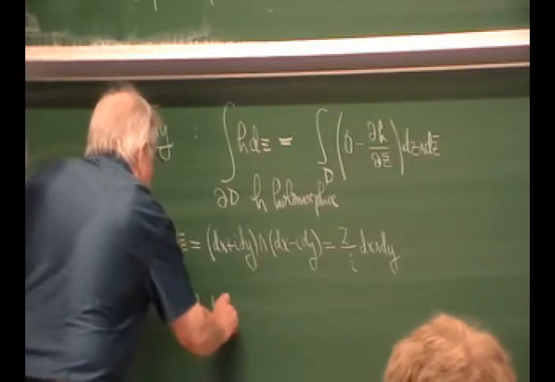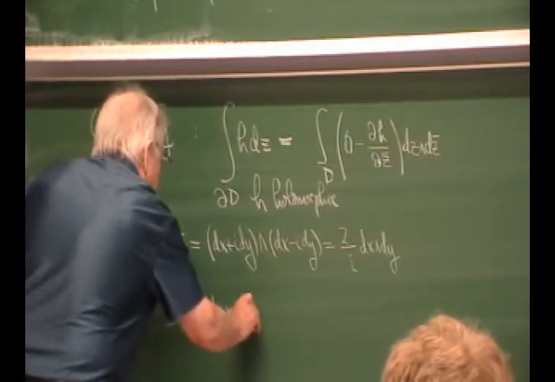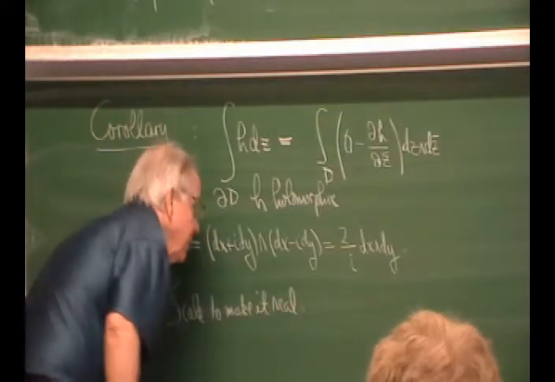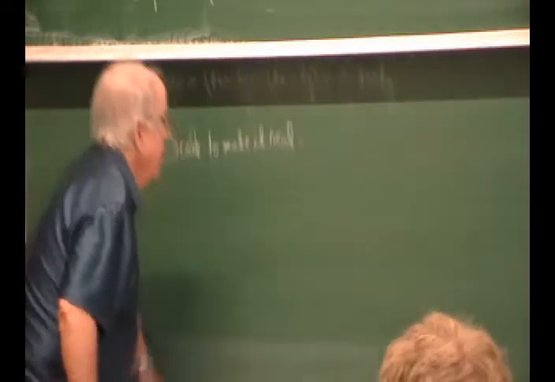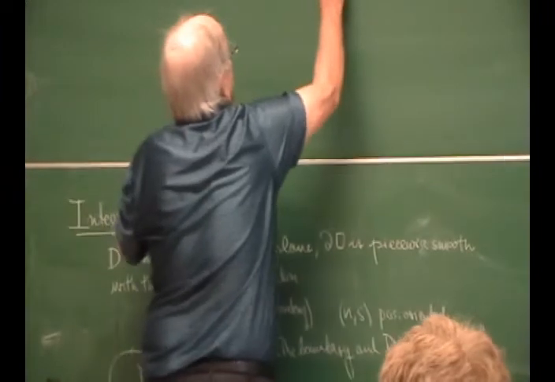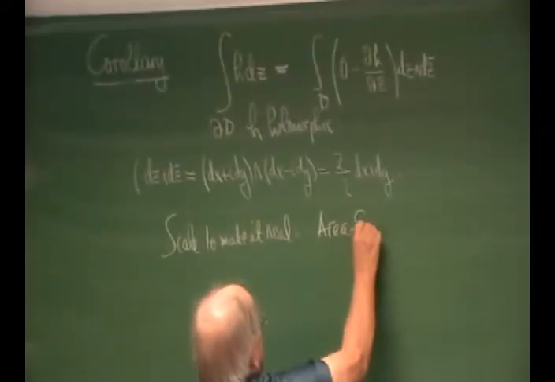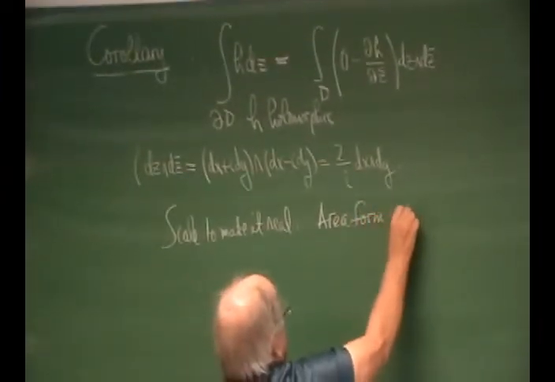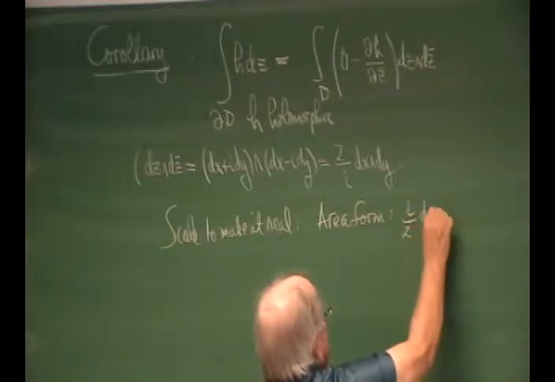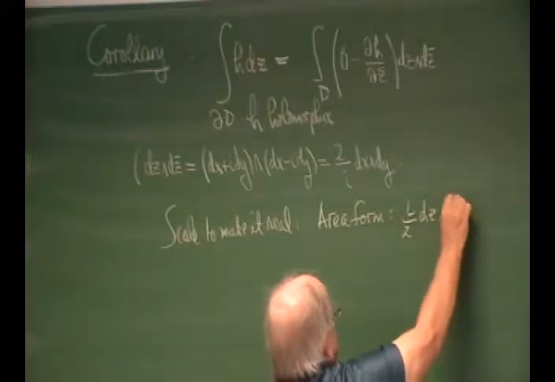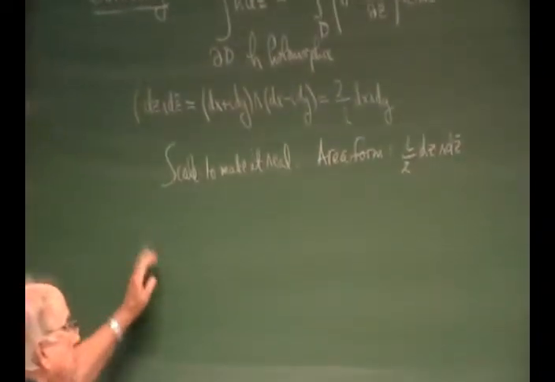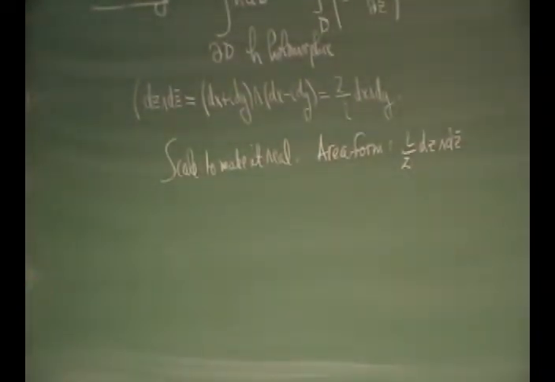And so the area form here then becomes, you scale it, all right, i over 2 dz wedge dz bar. Okay. So that's the area form,